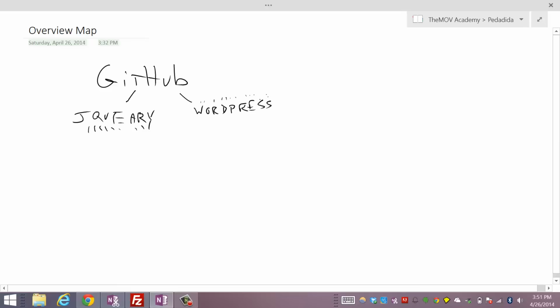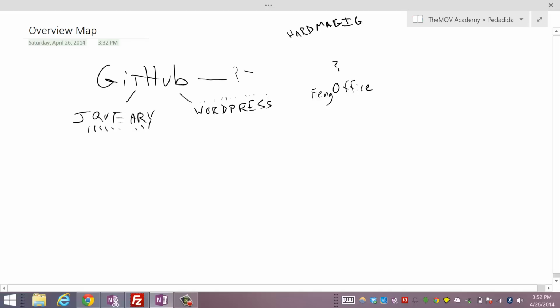So this goes on, and then some of our systems, they aren't in GitHub. So we're using ThingOffice, for example, as one of our backends for the lab for Pedadida. However, it's not on GitHub, so that creates a problem. There's no connection here. So what I want to do on the Move GitHub, or the Hard Magic GitHub connection, we have Hard Magic here,